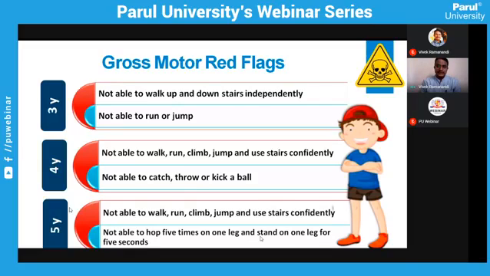At 1 year, the child should be standing with support. At 1.5 years, independent standing. At 2 years, walking independently without any kind of support or guard needed. So this is how the red flags are defined. If at a certain age the child is not able to attain the milestone, plus or minus. At 1 year of age, if the child is not able to stand with support, then directly we cannot call it a red flag. We have to keep it in suspicion. But if at 1.5 years of age the child is still not standing with support, then we have to consider it a definite red flag.